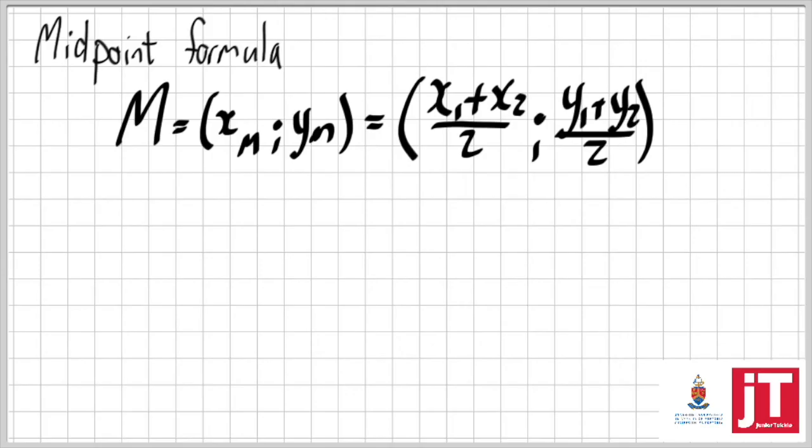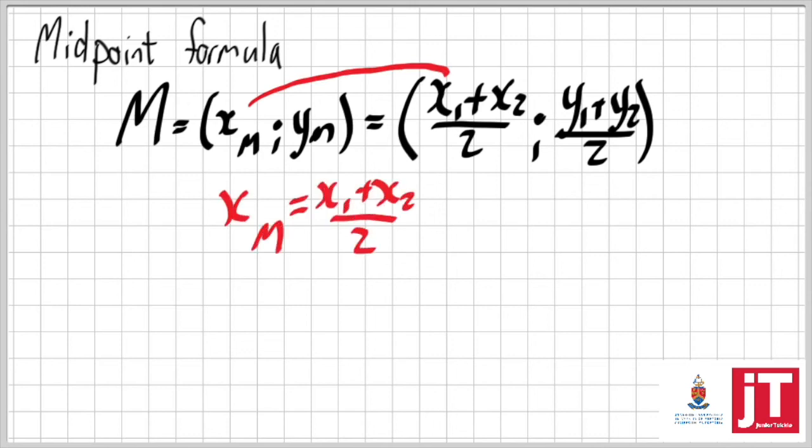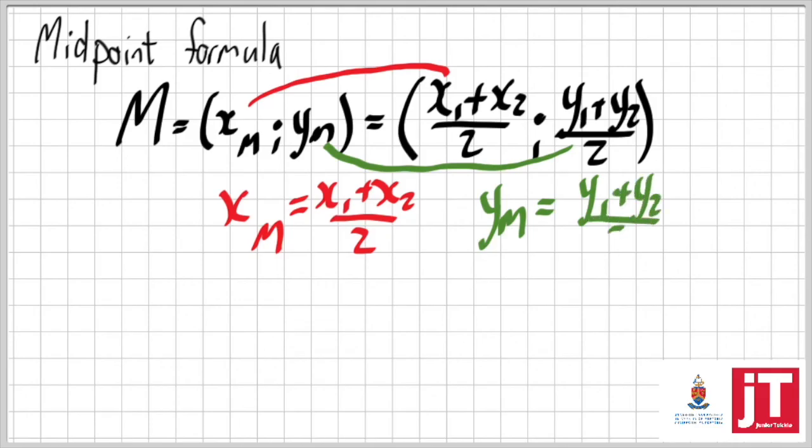But what I love to do, and I'm going to tell you this helps, is to actually split this formula up into two equations. The two equations are, first of all, the x value of the midpoint is (x1 plus x2) over 2. The same with the y value of the midpoint. The reason why I choose to split this up is so that I see that I can actually use these